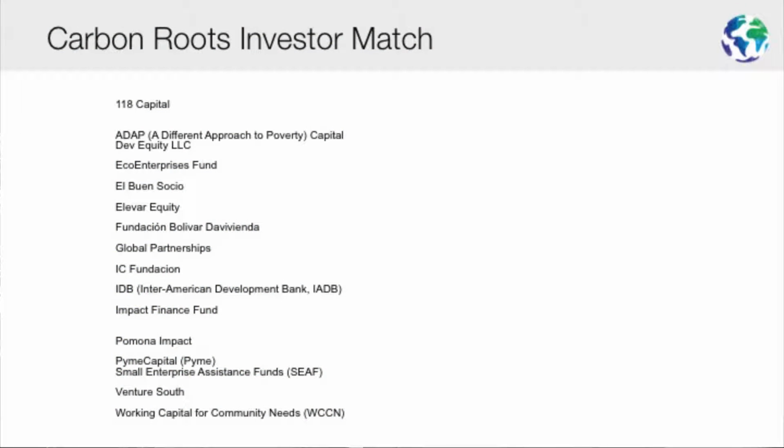So as you then turn to the next slide, I did a quick analysis on behalf of the two examples that Steve White was showing you. The first one is Carbon Roots. When I ran the rubric against Carbon Roots, I used Latin America, not global, but Latin American investors who were interested in agriculture or energy, and who were willing to supply debt to the social enterprises that fit that criteria. And I came up with the list that you see here. This is only for example. Obviously, Carbon Roots has already taken advantage of this and has been fundraising and has received funding from last year's cohort, but we hope to do the same kind of exercise with you.